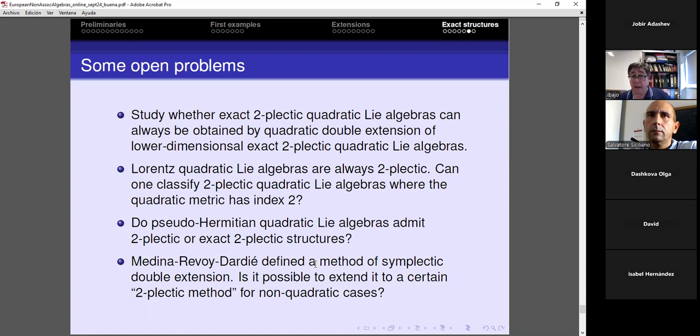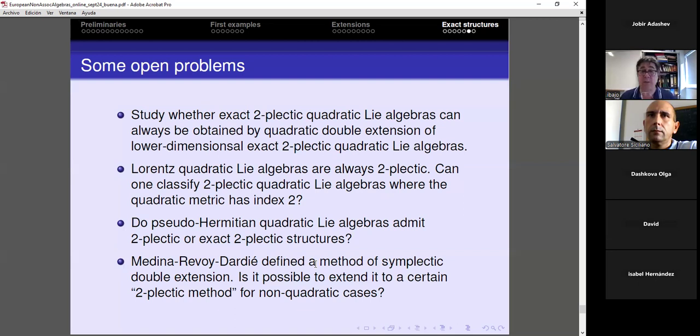Okay, Lorentz quadratic Lie algebras are either oscillator groups or abelian, and they are always two-plectic. So maybe one reasonable way to extend the situation is to see what happens in the cases when one has a quadratic metric of index 2. And these quadratic metrics of index 2 have their importance